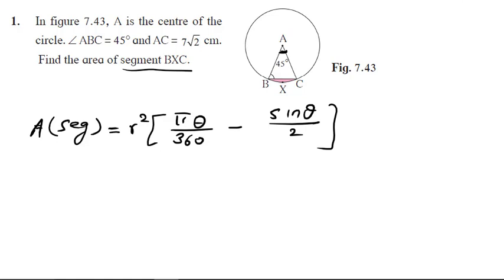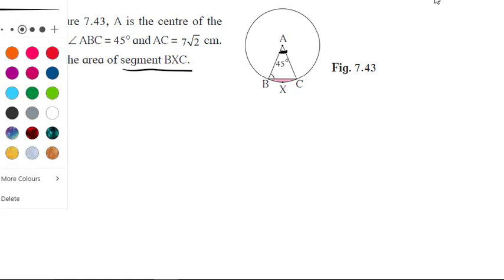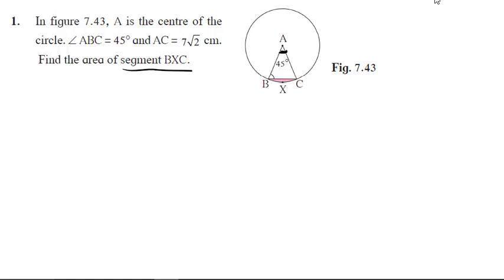Now here I am not using that formula. I am going to find the area of segment by using formula area of sector minus area of triangle. So let us first erase this, what we have done, and write what is given and what we have to find, and then related formulas, and then we will solve. Okay, so first I write what is given,